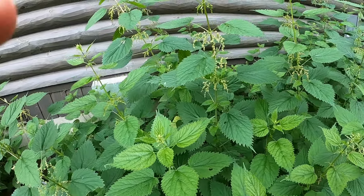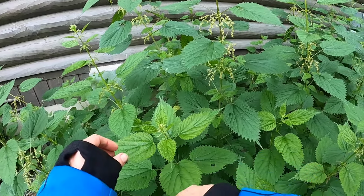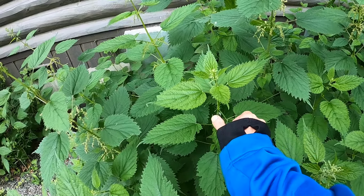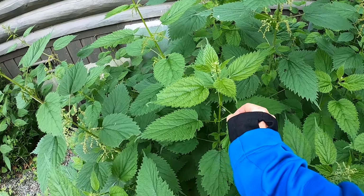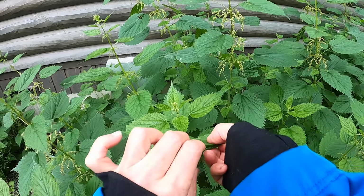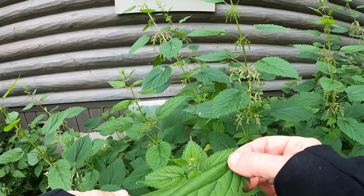So of course it does have a sting, but if you pet the cat in the right direction, you can actually pick one, and I'll kind of show you that. So, good. Thank you. This is past the time I'd want to eat it, but if you were going to, you could take it like this, and you see